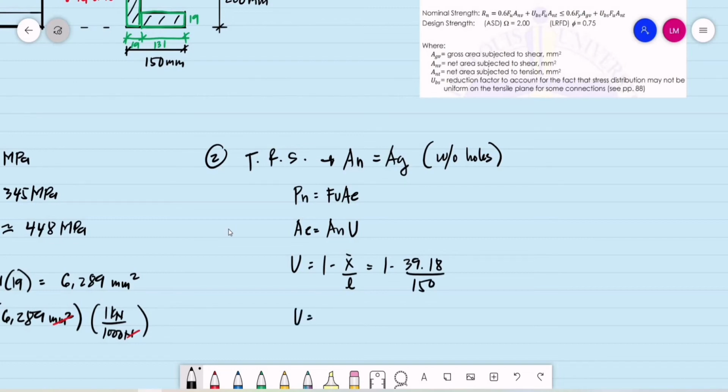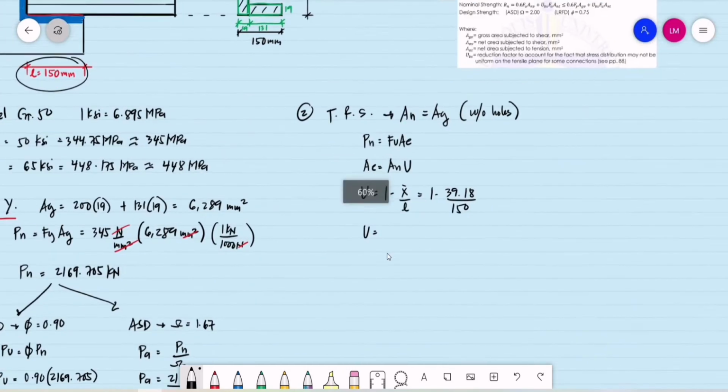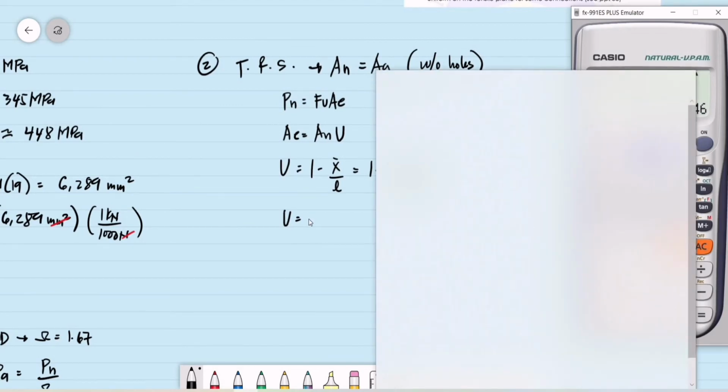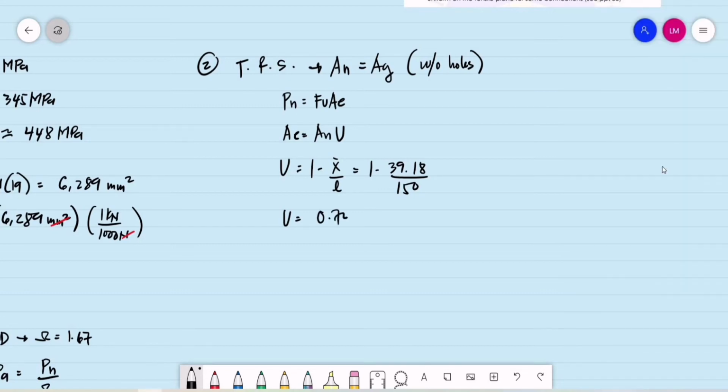So the shear lag factor for this one will be equal to 1 minus 39.18 millimeters, to be divided by 150 mm. It's 0.738, or let's say 0.74. So we'll have our net effective area for tensile rupture strength